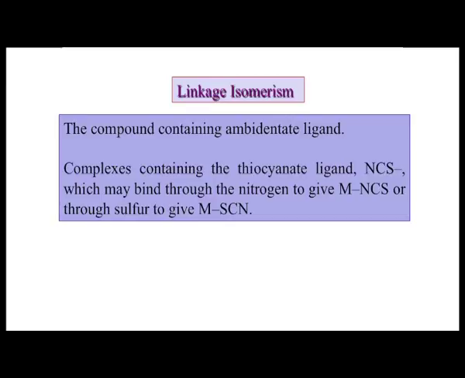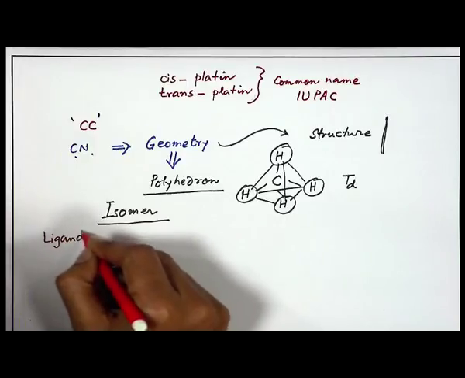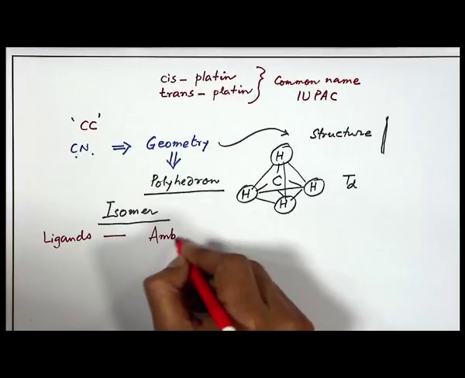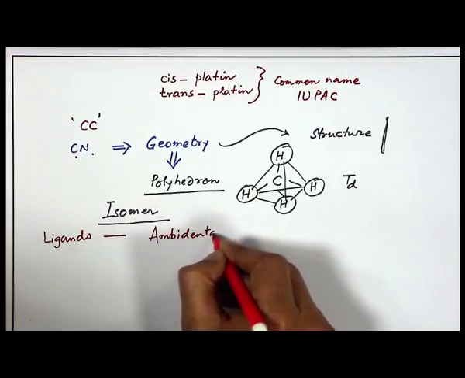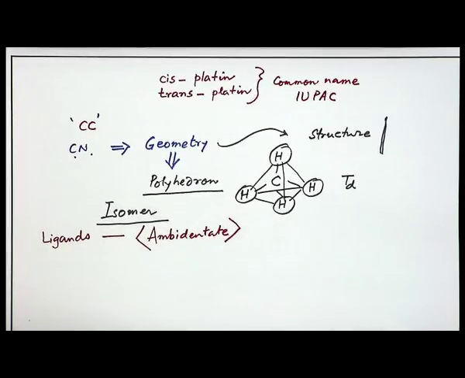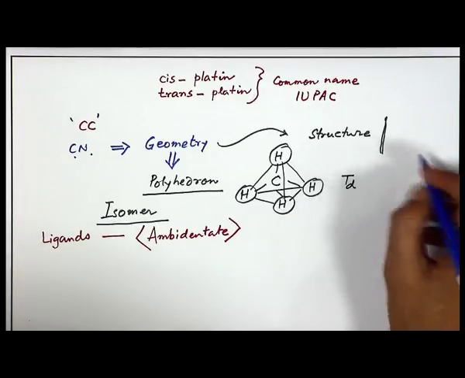So, for the other part, that means the structural isomerism, we first see linkage isomerism. Linkage isomerism is very simple to understand: the compound contains ambidentate ligands. Side by side we are just talking about the ligands, and we classified the different types of ligands, and when we talk about this isomerism, we see something which we call the ambidentate ligand. So far we are just considering some groups and some ligands.